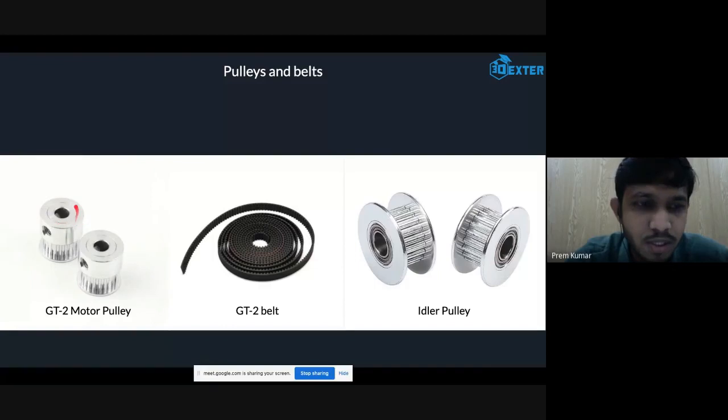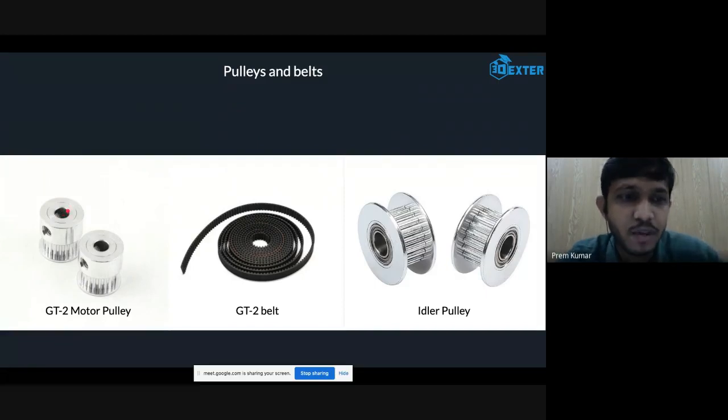Here, if you see, this one has a 5 mm hole, which will be fixed on a motor. Generally, the motors that are used for 3D printers have a 5 mm shaft. That is why we have a 5 mm or 6 mm hole in this pulley, and you have grub screws over here.